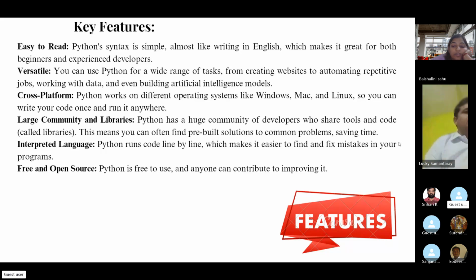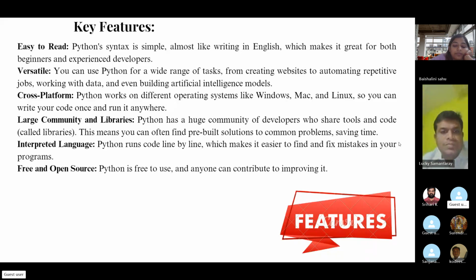For example, if you want to write code and run it anywhere, you can go with cross-platform in Python, because Python can work with any kind of operating system like Windows, Mac, or Linux. So you can write your code one time only, and you can run this code anywhere, on any kind of operating system.